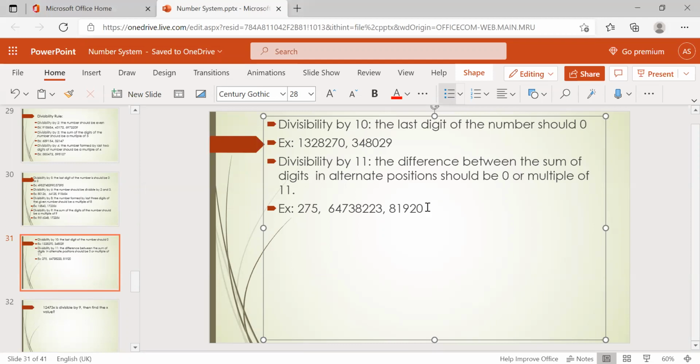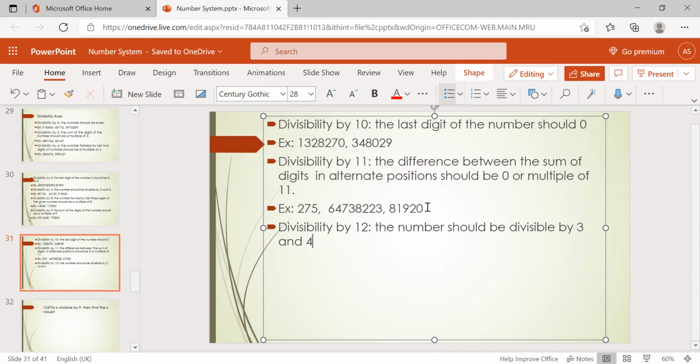Now check another one. Divisibility by 12. Sorry, what's the next number? 12. So here the number should be divisible by 3 and 4.